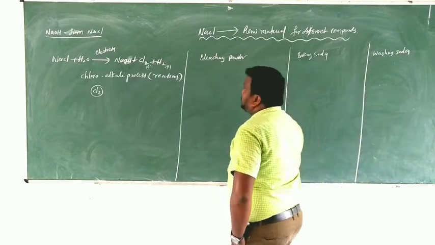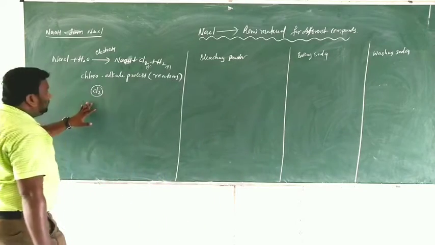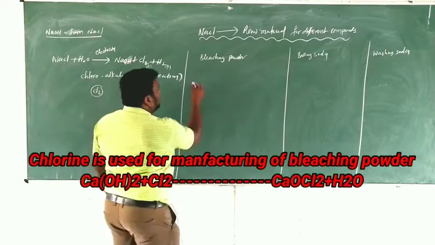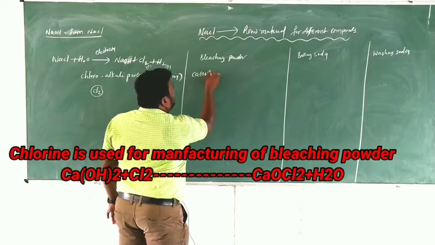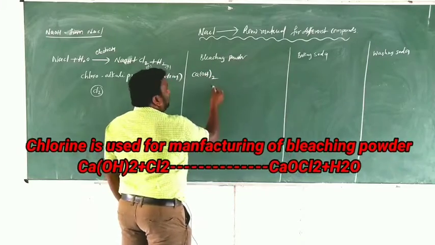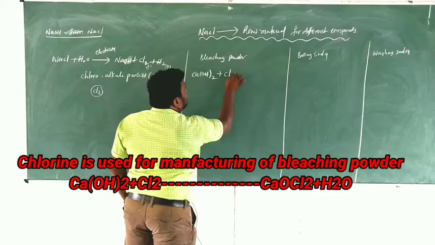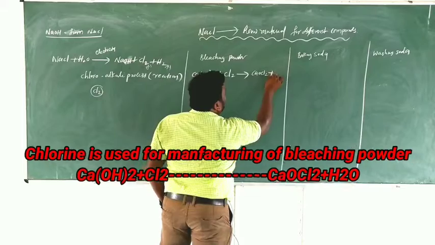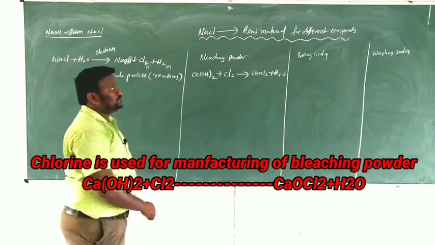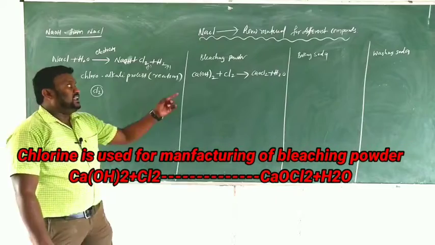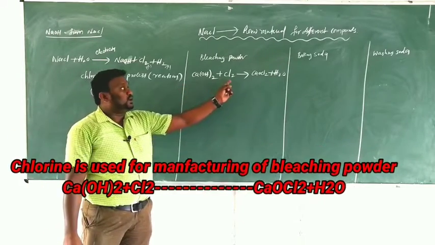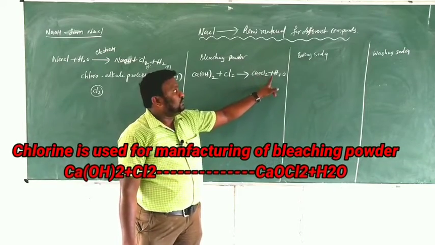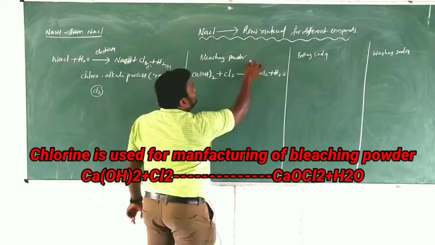Clear, children? So here the chlorine, which is evolved in the chloro-alkali process, should react with the calcium hydroxide. Calcium hydroxide plus chlorine. Then what are you getting? CaOCl2 plus H2O. Clear? Calcium hydroxide is combined with the chlorine gas. Then what are you getting? CaOCl2 plus water. Now the bleaching powder formula is